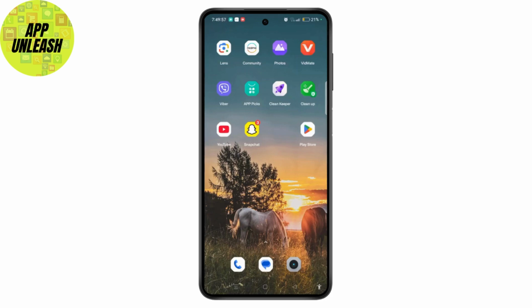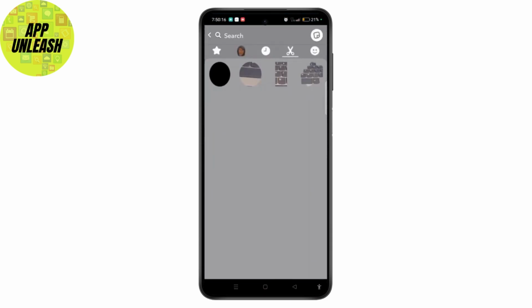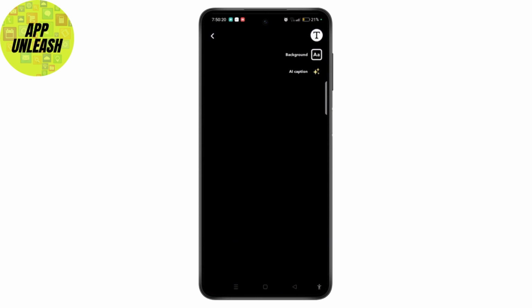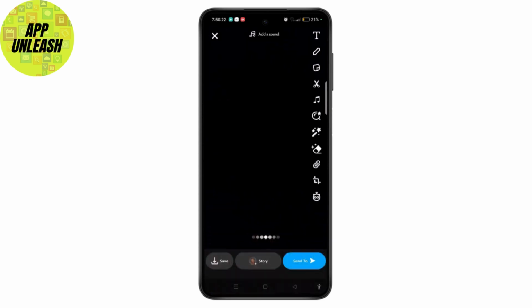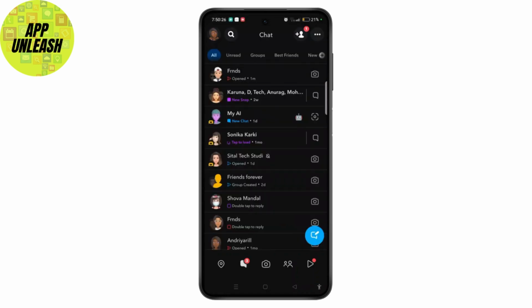So if you want to know whether, if you deactivate your Snapchat account, your memories, snaps or photos will be deleted or lost, Snapchat gives you 30 days to reactivate your account. During this time, your photos, snaps and memories will remain intact. Other users will not be able to see your profile, send you messages, or interact with your account.